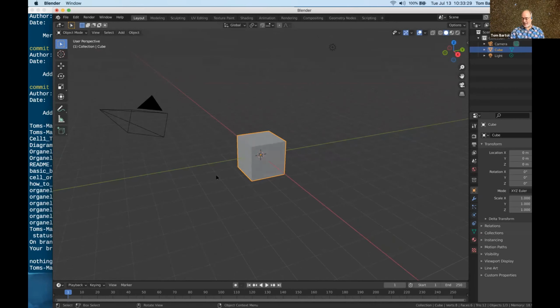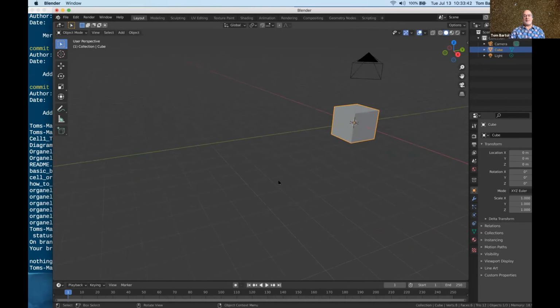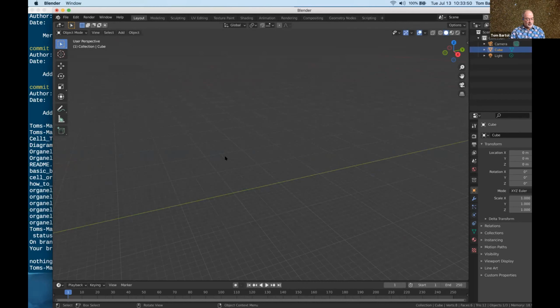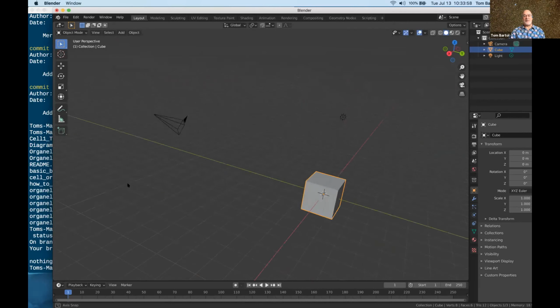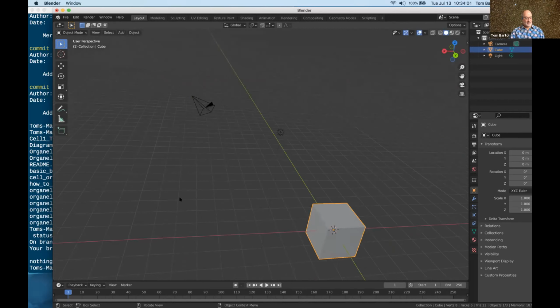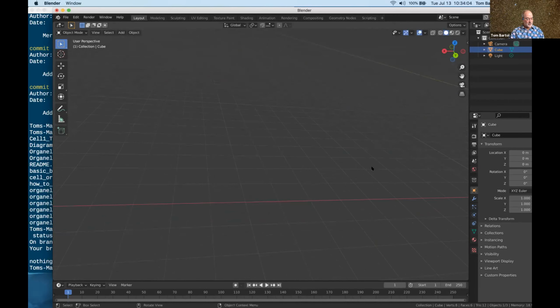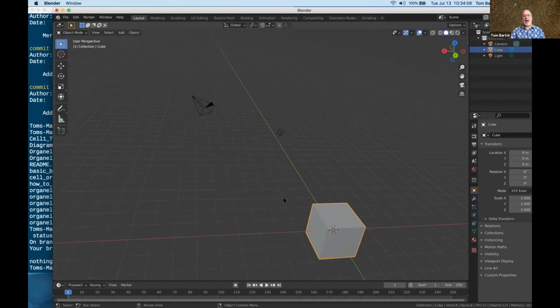So the other hotkeys on the keyboard that I want to show you, if you have a numeric keypad, which you should, there are some nice hotkeys. If I've moved the scene somewhere and I get lost, if I hit Shift-C on the keyboard, that recenters the world back to kind of the default view. Except it's not really. Let's see, if I do this and move that off to the side, you see that was rotated. If I hit Shift-C, it comes back